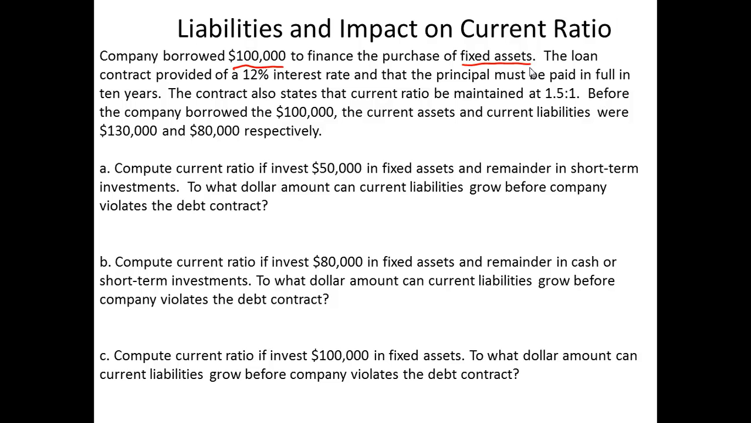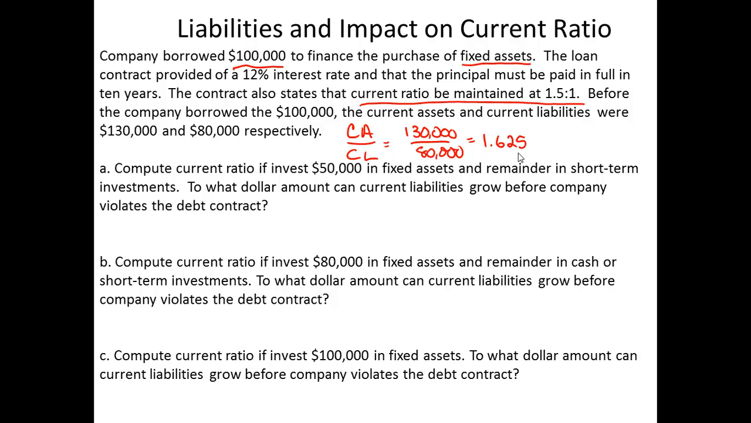it's a long-term liability. The contract states that one of the stipulations is the current ratio has to stay at 1.5 or above. And we know that the current ratio is current assets over current liabilities. So that needs to be above 1.5. Before the company borrowed the money, the current assets were $130,000 and the current liabilities were $80,000. Meaning, before you take out the loan, you have a current ratio of